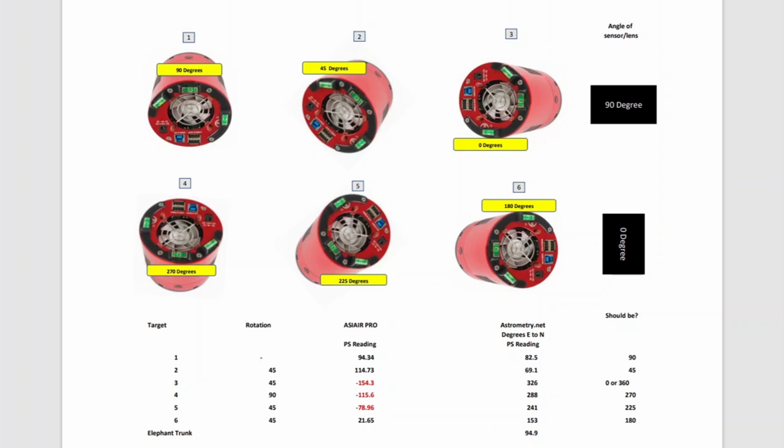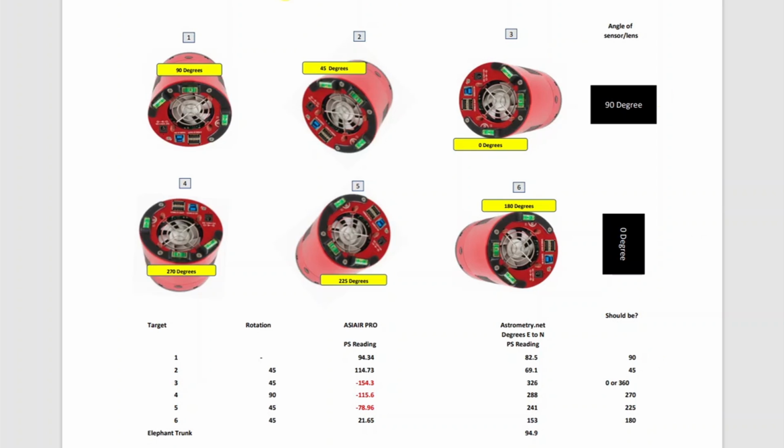So here's a summary of all of those images that I took, and you can see on this page I've got the 6 different views that I took, and down here the plate solving values that I got either from the ASI Pro or from Astrometry. And I guess the overall conclusions are not complete. It doesn't give me a full story, but I think on the Astrometry one you kind of do get a vision and a picture of what I think the angles are telling me, something around this at the side here,